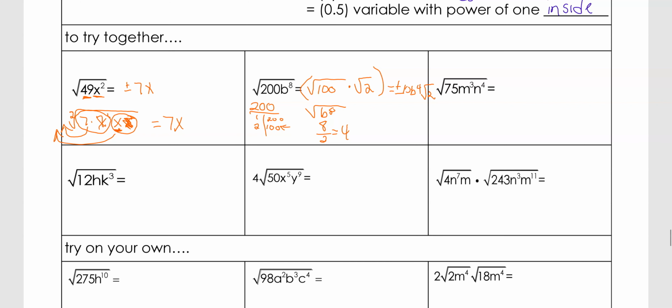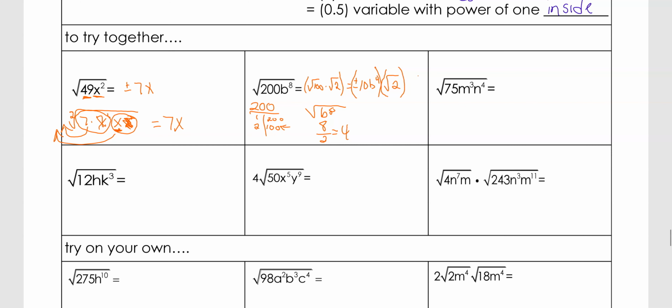So that's a lot for just one little part of this, but we get the hang of it. So let's go ahead and do the next one. Okay, and you'll notice I went ahead and rewrote the answer to the 200b to the 8th with parentheses, and that is to remind you that it is very important that it is noticeable where your exponent is. It needs to be with the variable, not in the index. So we need to make sure we don't accidentally put the index or the variable over the v of the